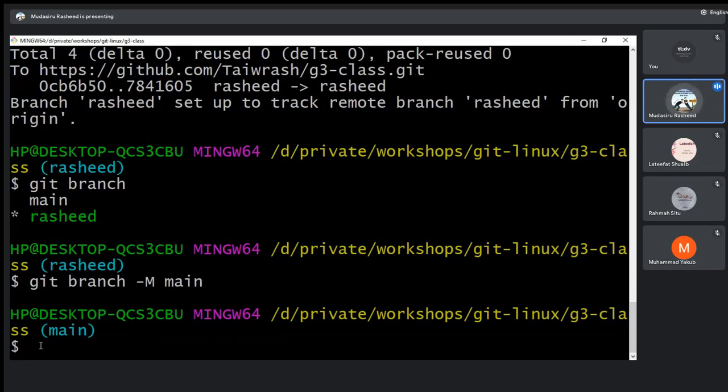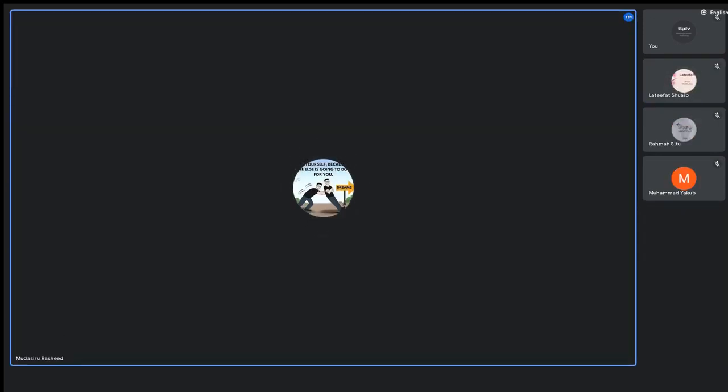But the Rashid branch will still be intact. Even if we make a mistake and have to go back to the old thing we've done, we can go to the Rashid branch and do a lot of refactoring. But git checkout is used for creating a fresh branch. You want to create a branch, you want to give it a name, you use git checkout rather. I think that should make sense a bit for us.